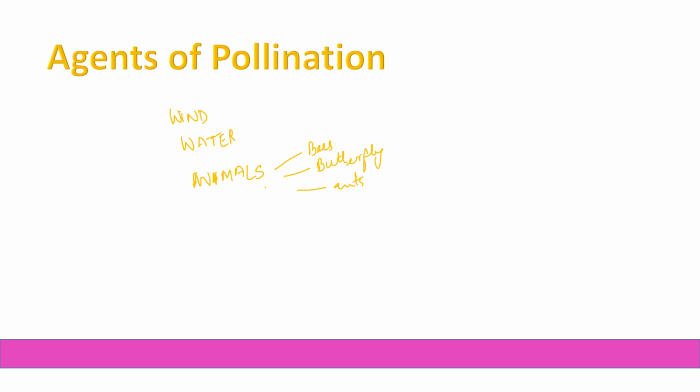Okay. Now how can a bee pollinate? Any idea? A bee will come and get its nectar, and the pollen grains will get stuck to its body. Yeah, the body is hairy. So it gets stuck to its body and it sits on a different flower. So that way those get transferred. And different animals have different preferences of flowers.